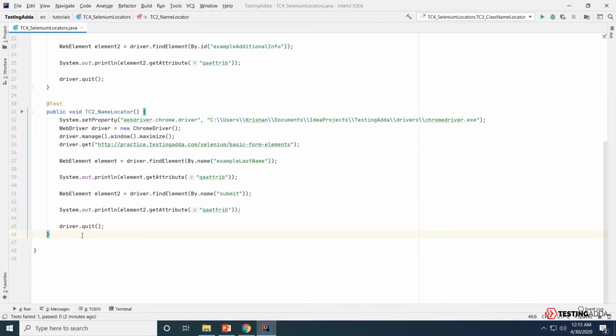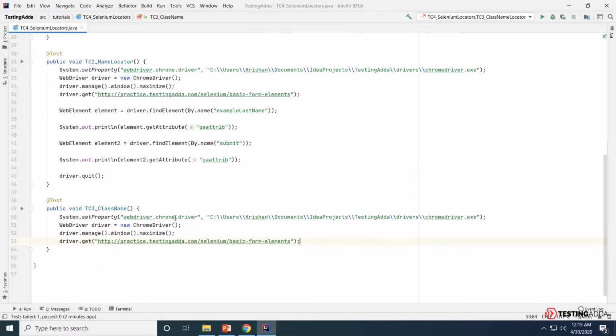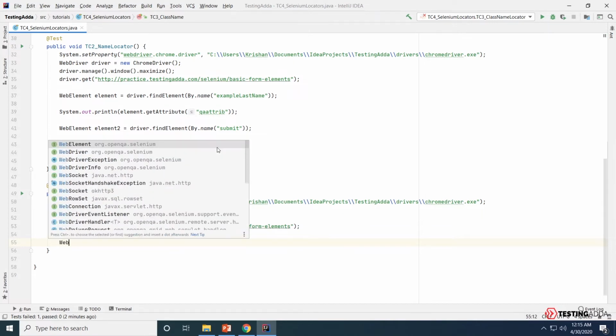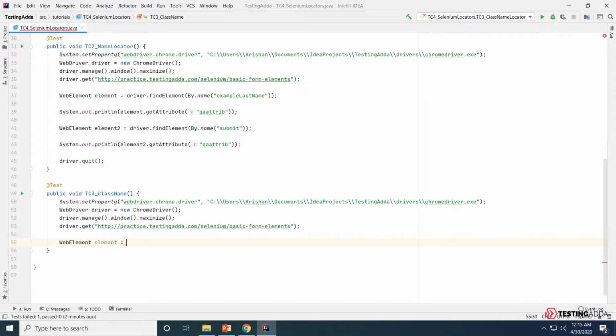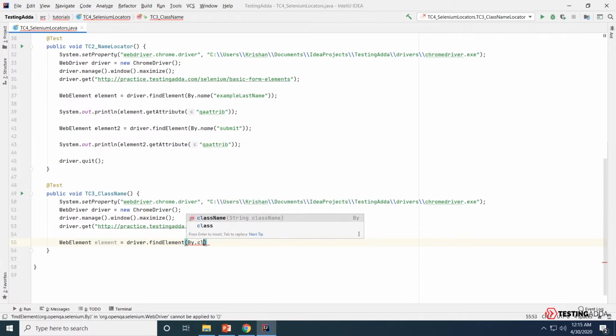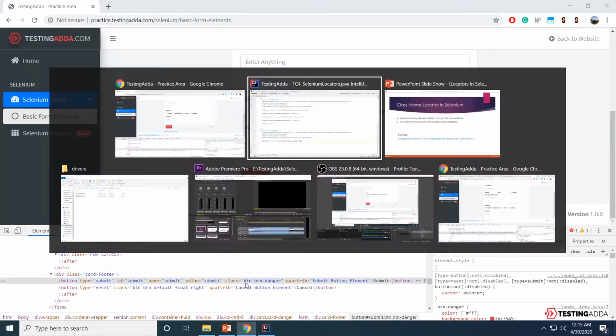Let's go back to our IntelliJ and create a new method quickly. Public void tc3 class name. We'll go ahead, copy the driver method that instantiates the driver, and I'll try to locate the element using the class: WebElement element is equals to driver.findElement, by will be class name now, because we are using class name locator, and we'll paste the class name, that is btn btn-danger.